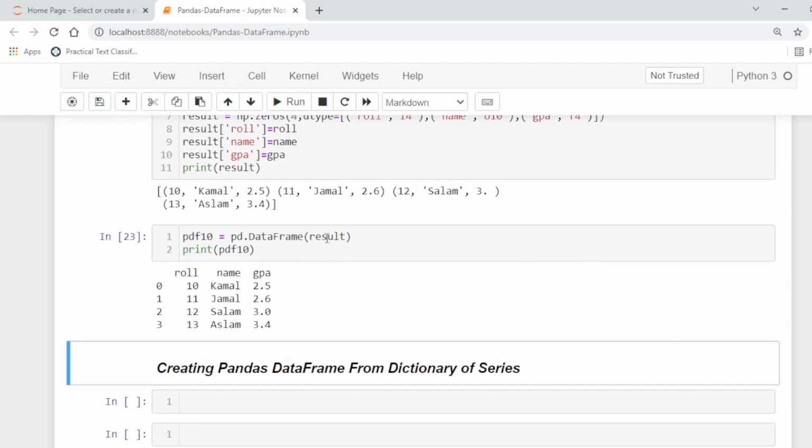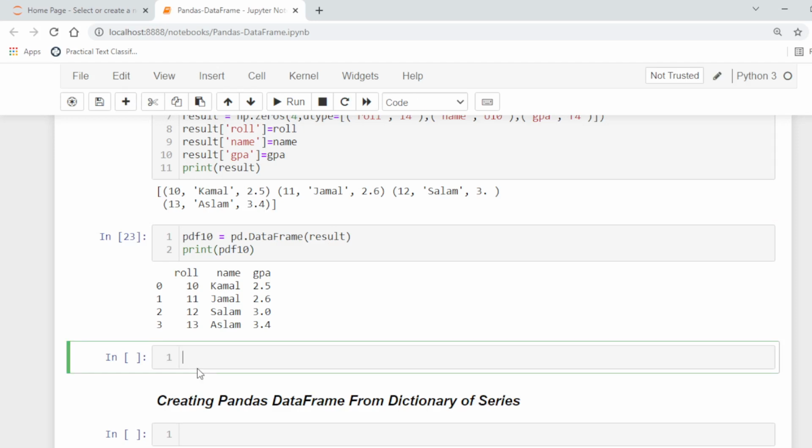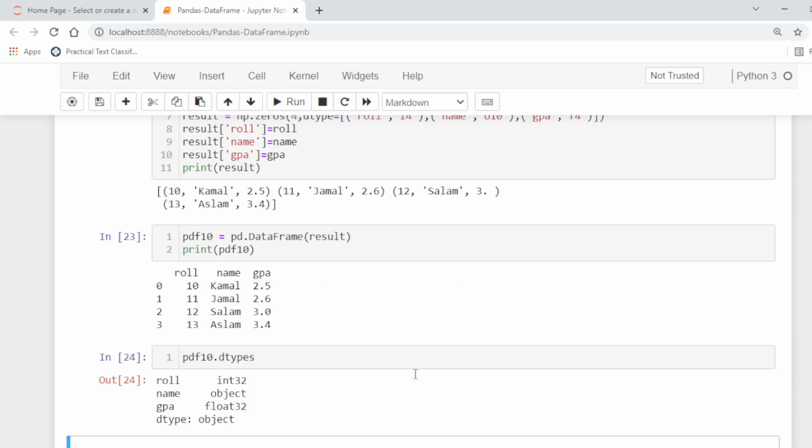In the same way we can create a data frame from the NumPy structured array. Now to check the data types, let's say pdf10.dtypes. So here roll number is int32, 4 bytes. Name is object, which is basically the built-in type for strings in the data frame, and GPA is float.